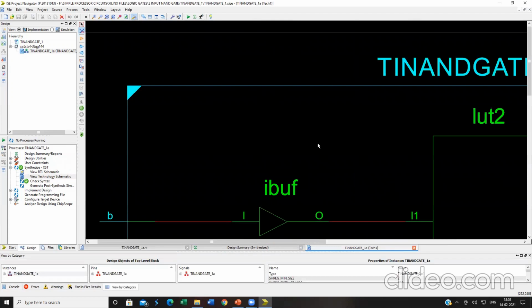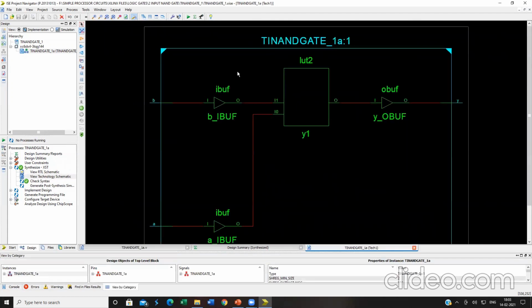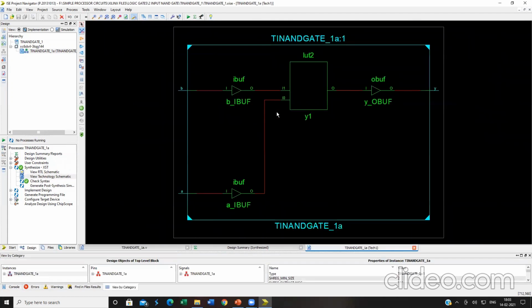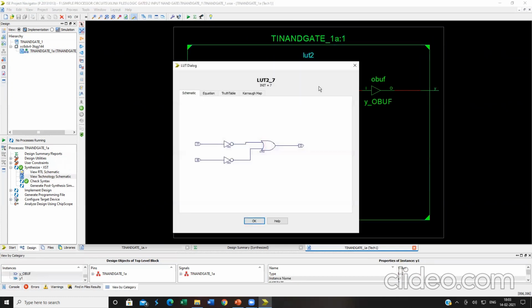The only difference is this. This is not automatic. I'm just clicking on Control and scrolling my mouse in order to reduce the zoom level. This lookup table will act like an AND gate, but how it is implemented in the lookup table is as a negative logic OR gate.